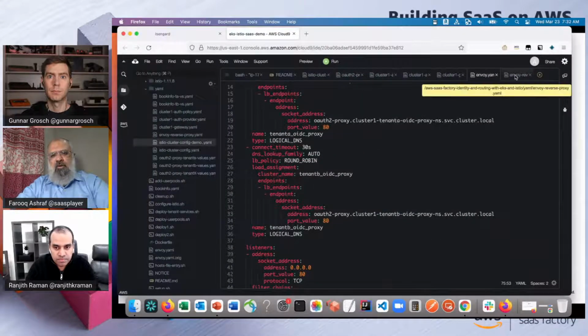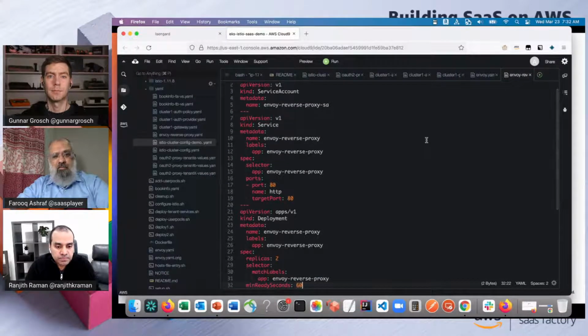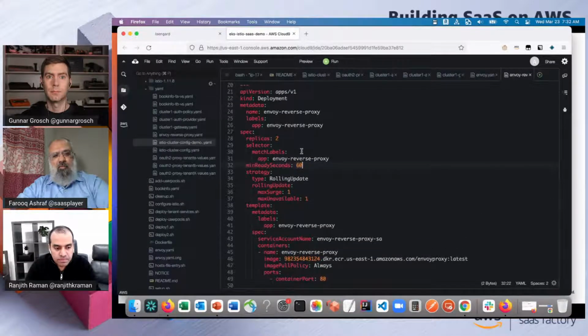Just one last point here in terms of the configuration. I wanted to show how we deploy Envoy Proxy. Of course, Envoy can be deployed in a number of ways. But what I would like to point out is that I'm deploying a couple of replicas of the Envoy Proxy with a rolling update, and I'm setting minimum ready to be 60 seconds.